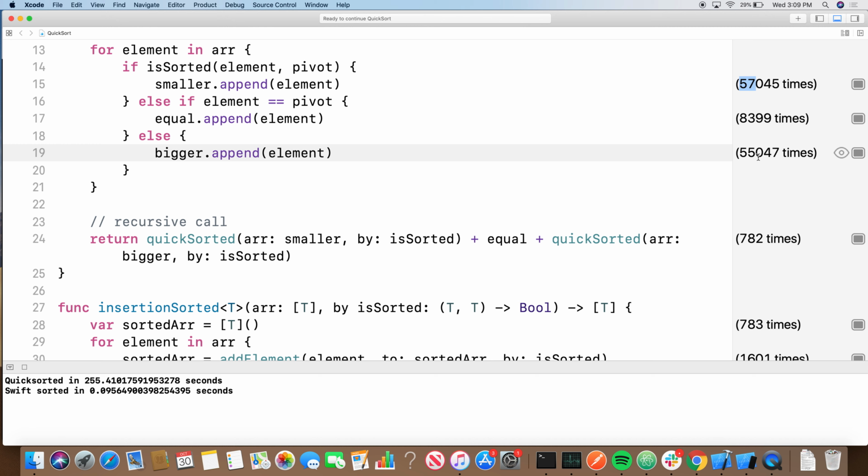So we did a pretty good job of understanding how many things we would look at. And that's really what big O notation is doing, it's telling you how many things you're going to need to look at. We have 10,000 things in our array. We're going to have to look at everything 13 times. So on average, we're going to have to look at 130,000 things, give or take. With insertion sort,